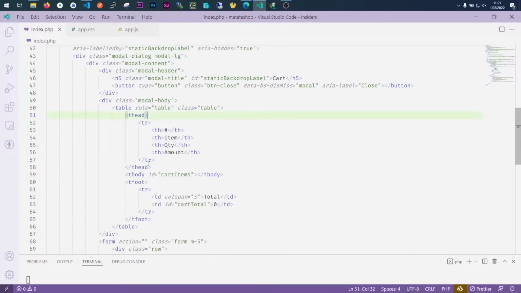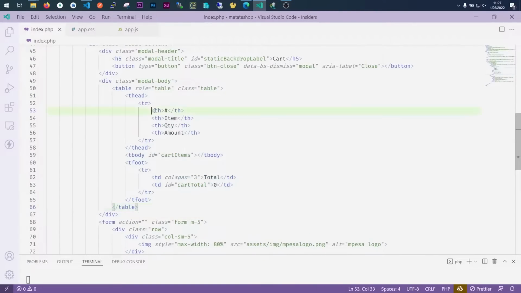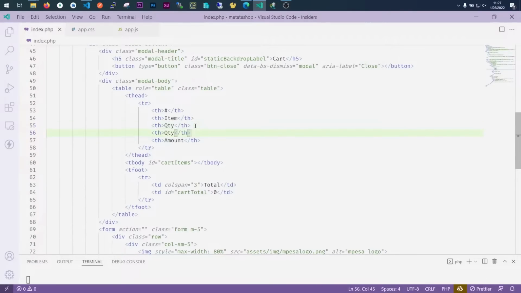The next thing, we have a table here, which is very important, and this table is where we're going to show the item index in the cart. We're going to have also the item name, the quantity, and the amount. We can also have the item price, so that now we'll know what this amount comes from. So we'll just add one more thing and say this is at price. Maybe just put an at there. So then we have our body here,